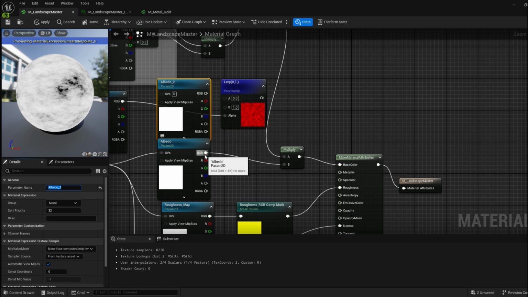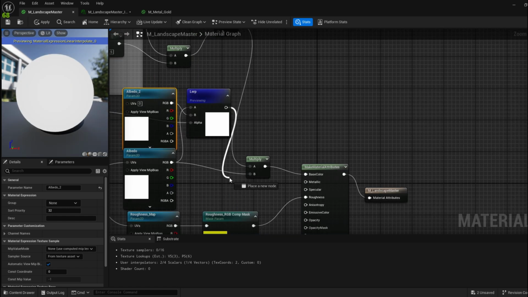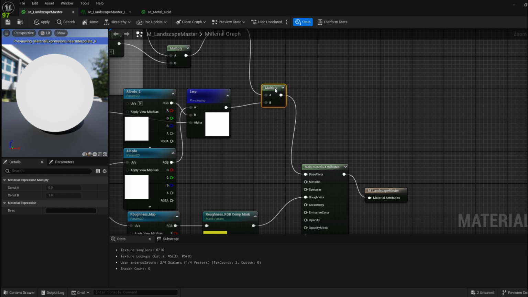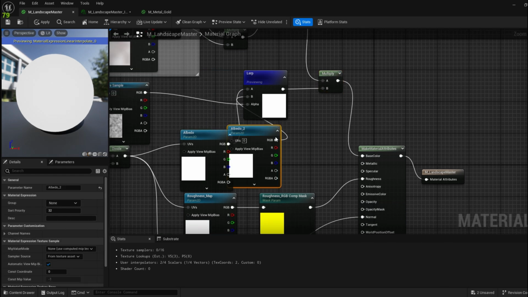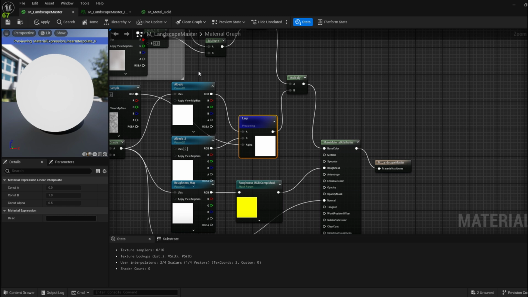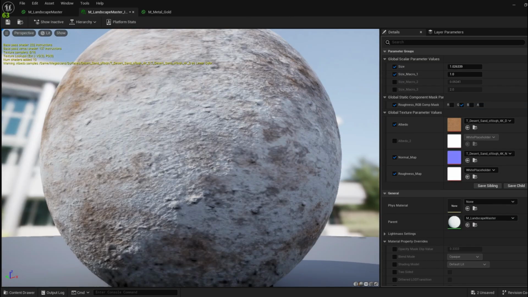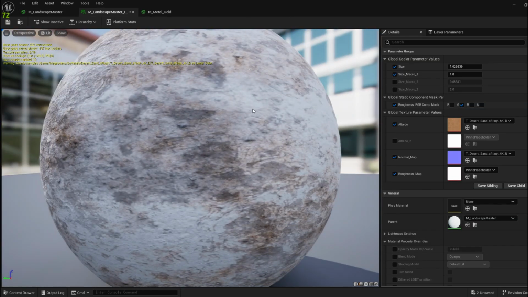So now if I connect my first albedo to A and the second one to the B, and then connect my Lerp to my multiply like this, I'm just going to reorganize things just like this. So now what I can do is use a blend between multiple textures. So if I hit save, now if I go over to my instance, you're going to see our material has